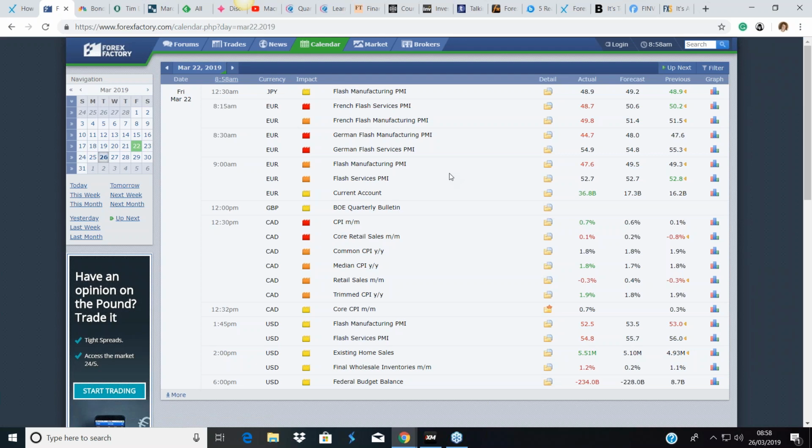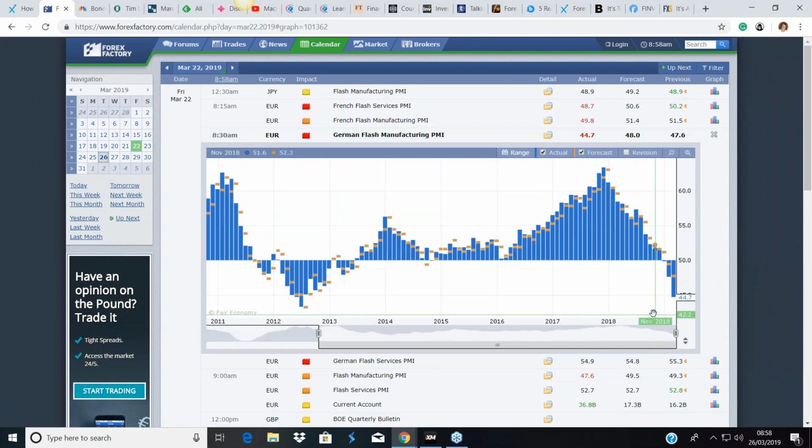And this was the piece of news that really spooked the market. It was the flash PMI data, German, European and French flash PMI data, but it was this data here that came in. The manufacturing data came in at 44.7. 50 is the inflection point, and you pull up the graph, and you read that in exactly the same way,